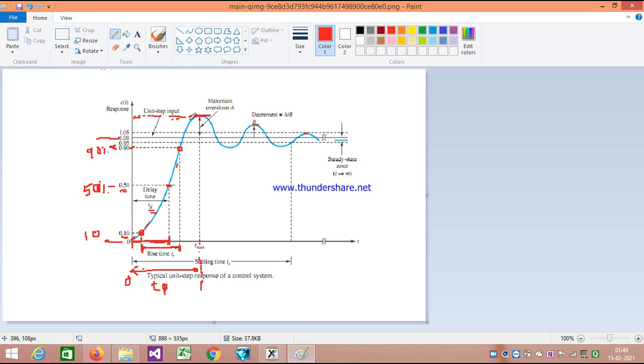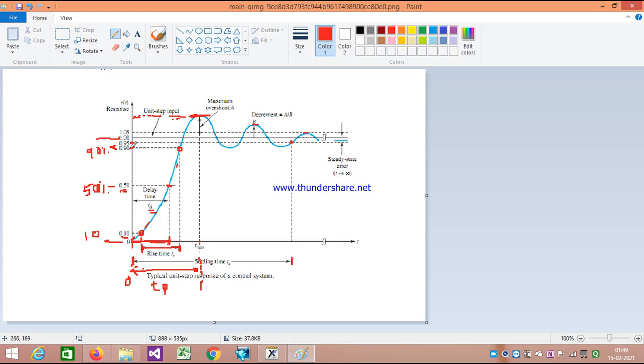Okay, better to take settling time only. What is the settling time? Settling time means, from 0 up to what? Just take this point. What is this point? This point is 0.95. That means the time required for the response to reach